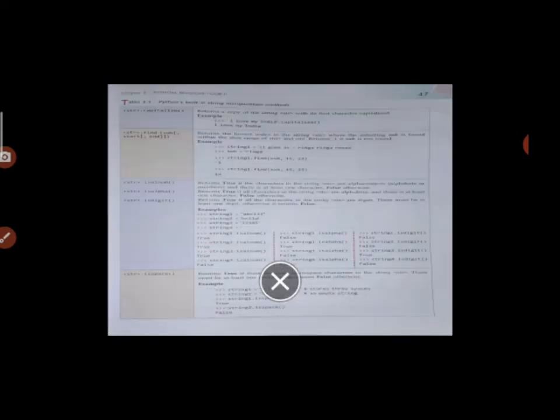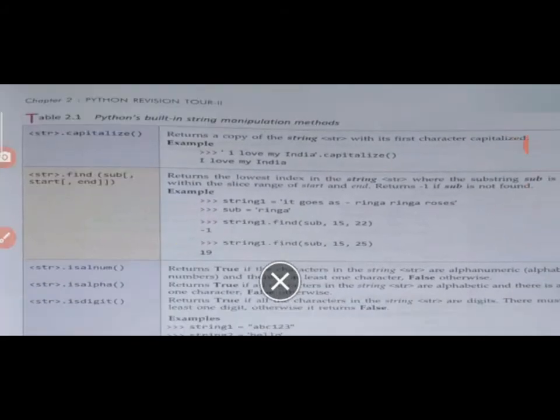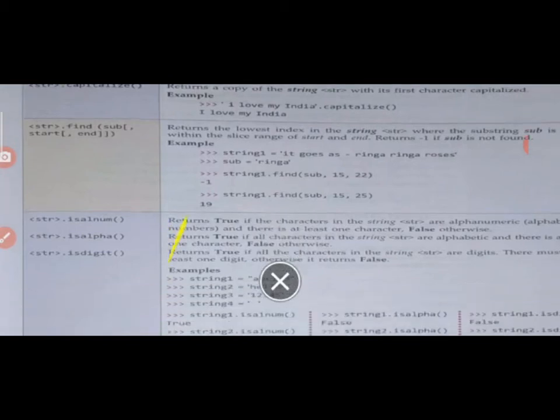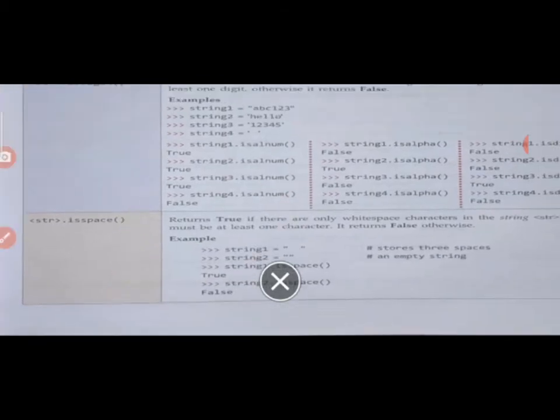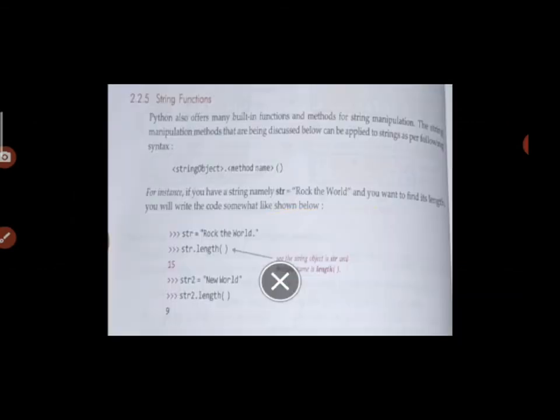Those are the Python built-in string manipulation methods. Those are used for different logics. Capitalize converts to capital. Okay, find, startswith, and isalnum functions. Alphabets, alphanumeric is the isalnum function. Next is isdigit. Those return different values according to their method. Okay, I have given you a number of tables. Those are the methods that return values for strings in Python. Okay, I hope you understand.